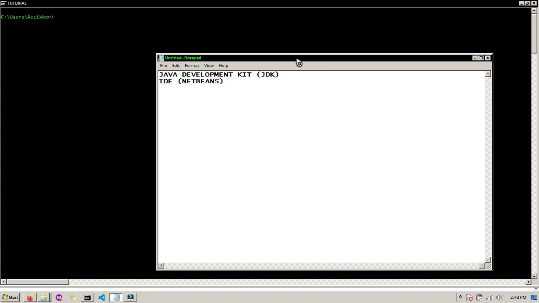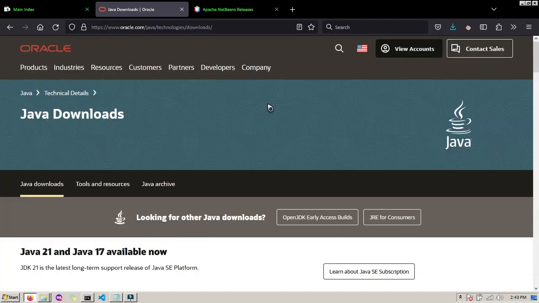So first, we need to know where to download the Java Development Kit or the JDK. So Java Development Kit can be downloaded as a free software in Oracle websites. So here's the link.